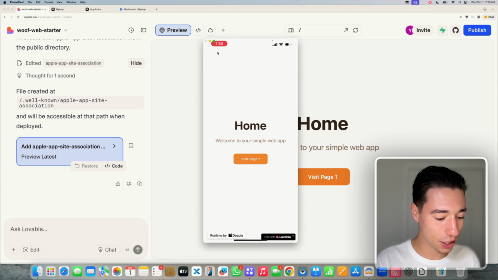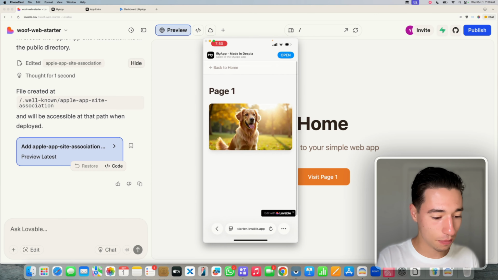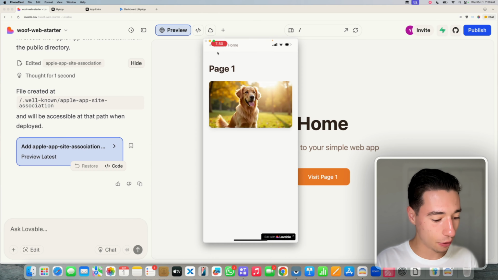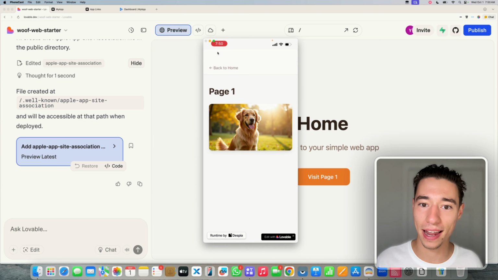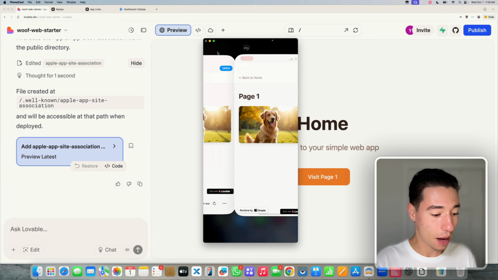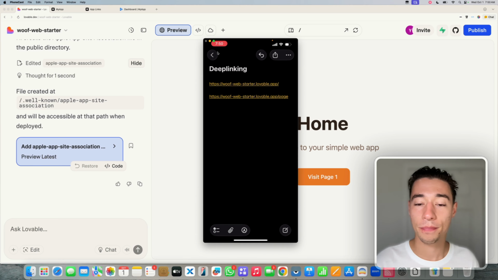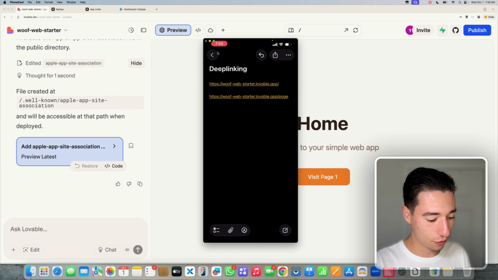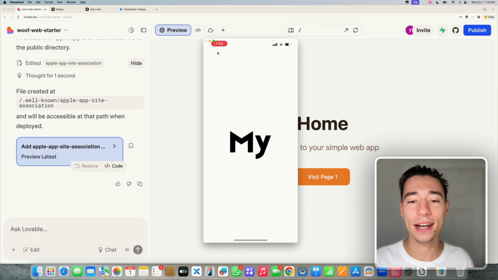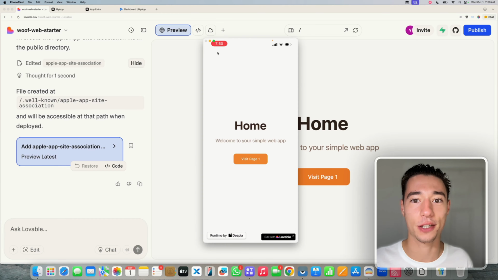So let's say the page I have open in my mobile application is the home page, and I go to my web application and I open this page. It will now open the specific page in my mobile application. How cool is that? But it goes even further. Let's say you're sending your user a link to your application. Now, if they click on this link here, it will open this page in the native mobile application through the